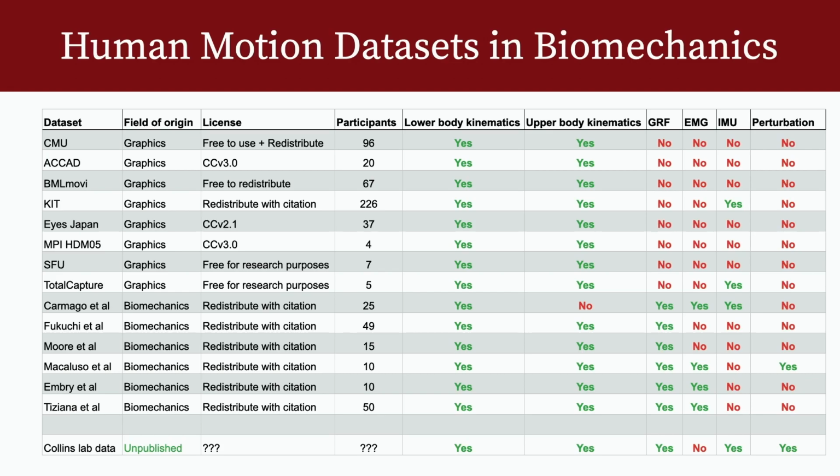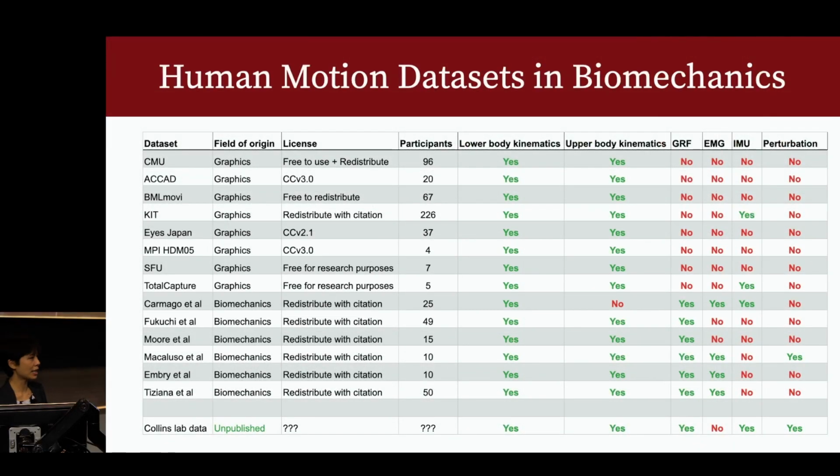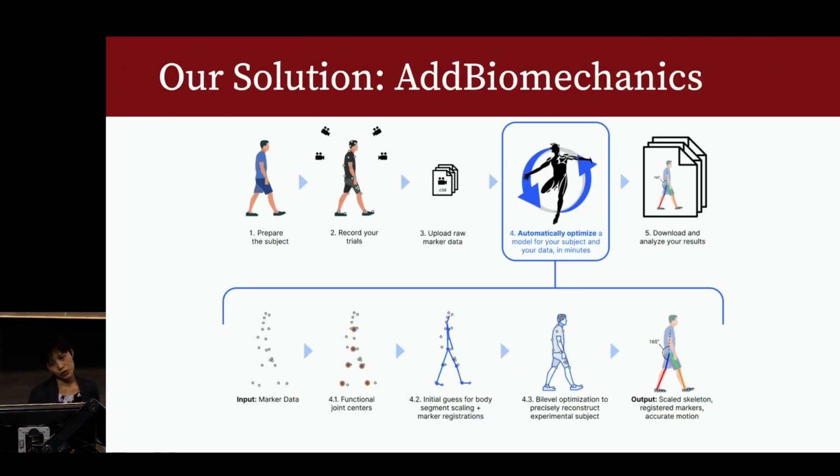The first problem is their data sets are usually very small in size, and that's usually because processing dynamic information is very labor intensive. And they're also very heterogeneous, right? They usually design their data set specifically for the experiment they care about. And maybe that's why data sharing is not a popular practice in biomechanics, because they never thought that anyone else would want their data. But we do. So we propose a solution called AddBiomechanics, which is a web-based tool that can automatically process the